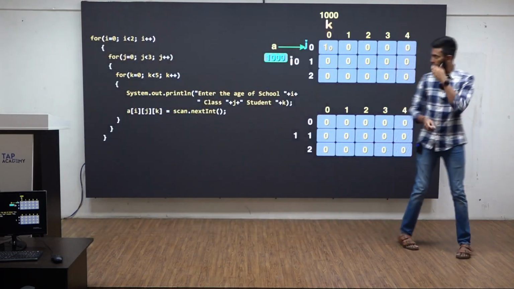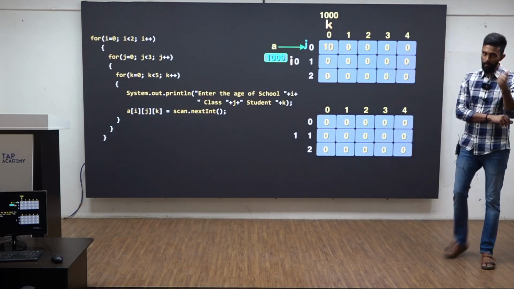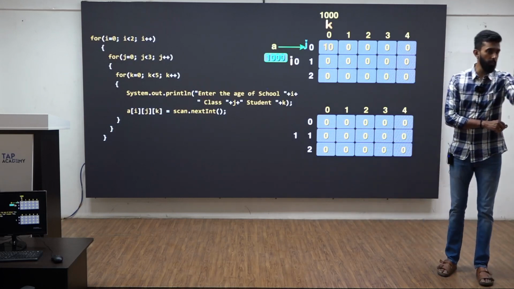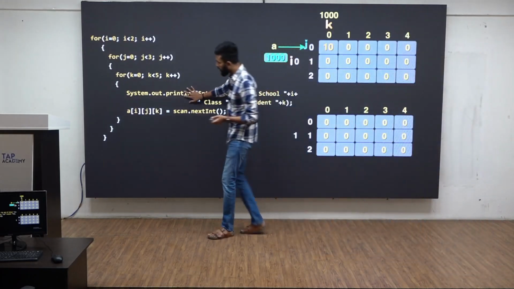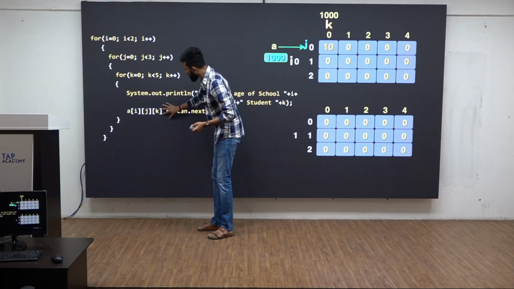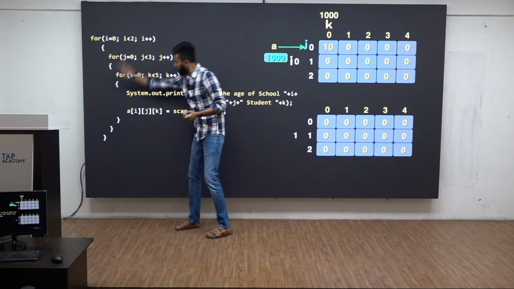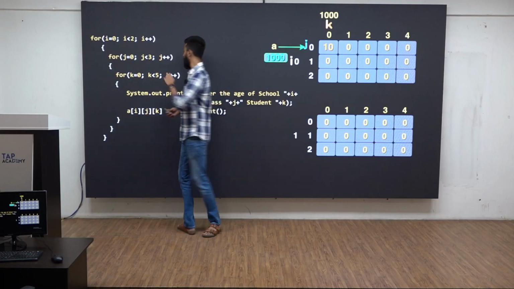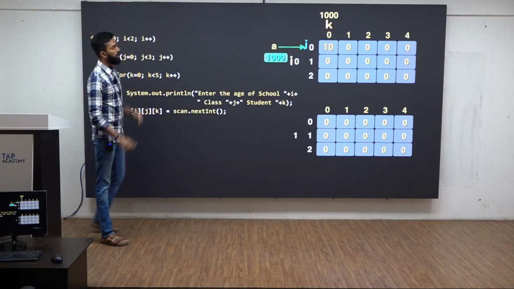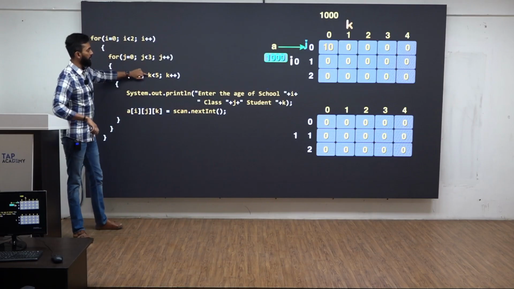Yes, it gets stored. Now tell me, I plus plus, J plus plus or K plus plus? Because now you are inside the K loop. Till this fellow finishes, this cannot increment. That is the logic. And hence, I will tell K plus plus, K increments, and when K increments, the condition is